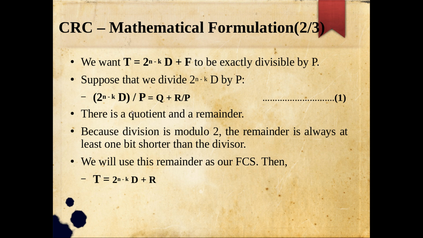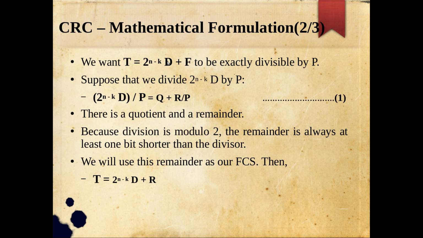So what we have done, after doing the division like this, the complete process, is you got some r number of bits as a remainder, and that is what you appended at the end. Even though we don't know what this F is, what we have done is we actually divided this with P, right.